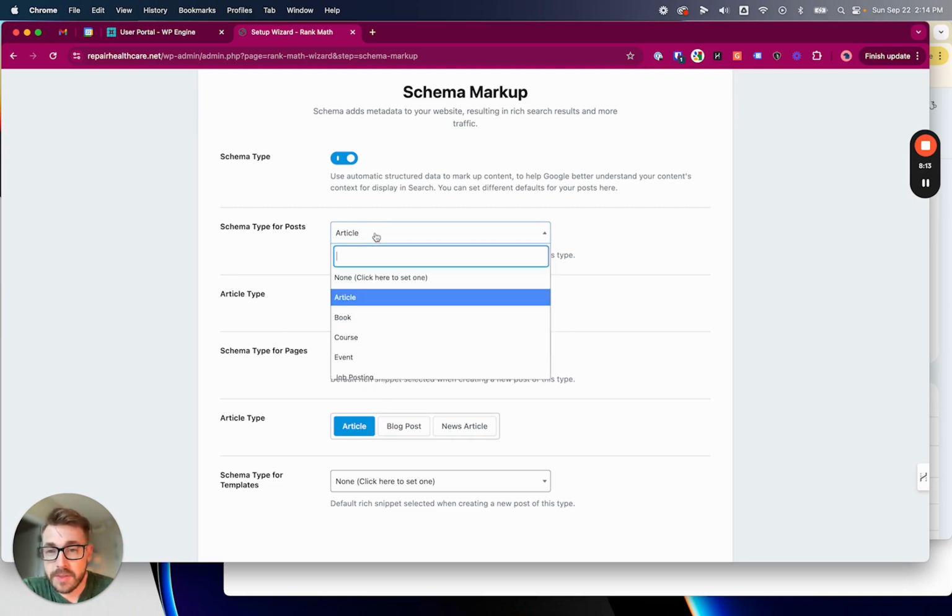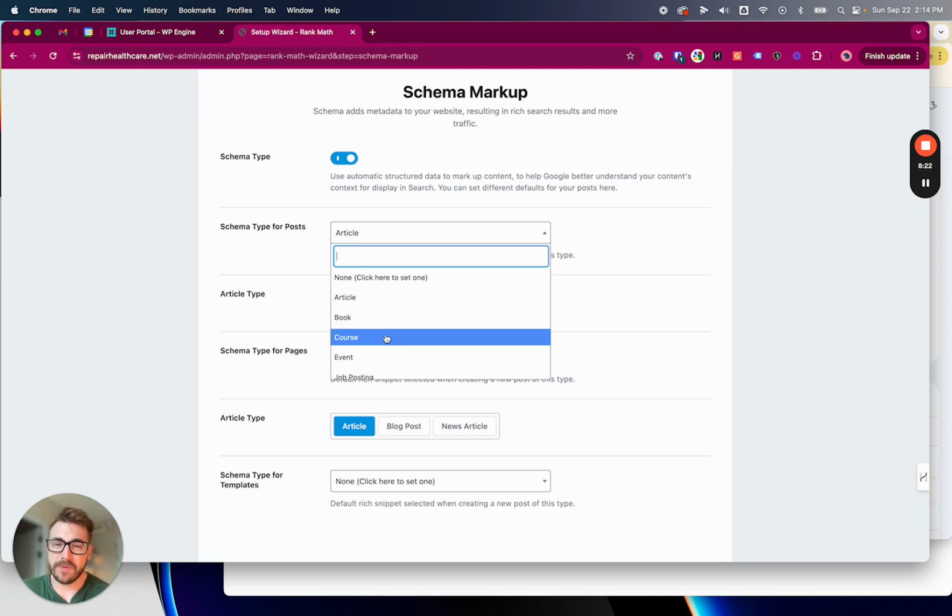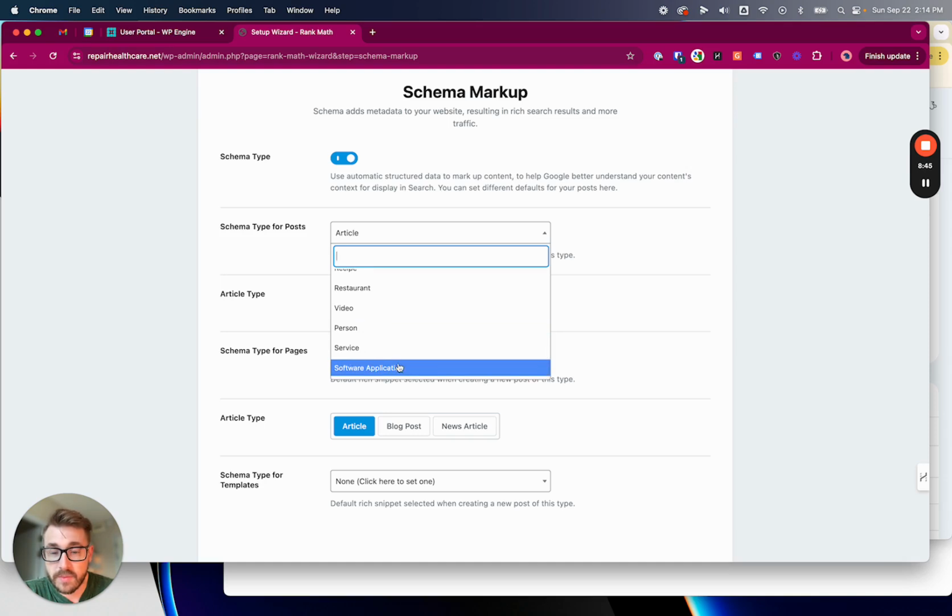If you know what you're doing, if you're comfortable with making some changes here, if you want a blog post to be titled as something else, such as a course, I don't know how many healthcare providers are doing this right now, but if one of your websites is about creating a course and having possibly your patients go through some sort of educational process, and anytime you post from your website, you might consider that a part of your course, or maybe it's a job posting or something like that. I don't know what you might have